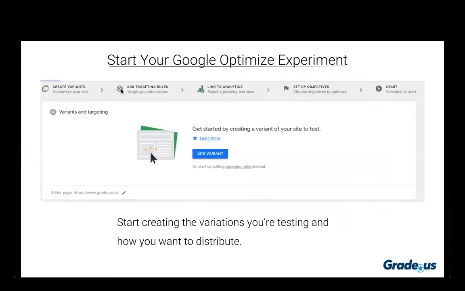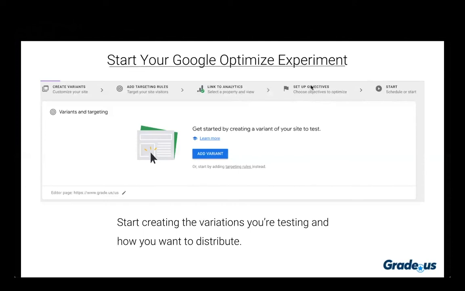And so these are all the different steps you're going to use to set up your Google Optimize experiment. You're going to create the different variations that you're going to test against. You're going to create your targeting rules. If you do want to get more sophisticated, there's a lot of customization opportunity for how you're targeting. You're making sure that it is linked to analytics so you can see the experiment results in your analytics properties